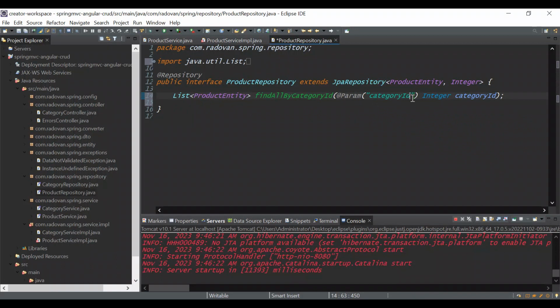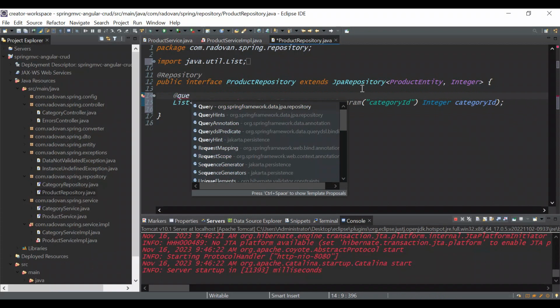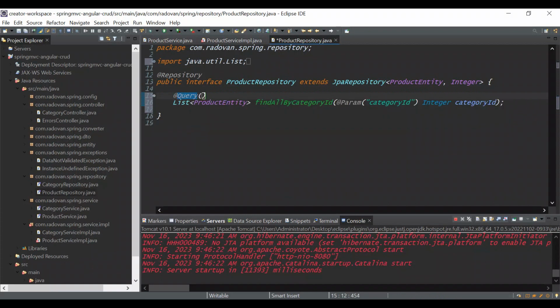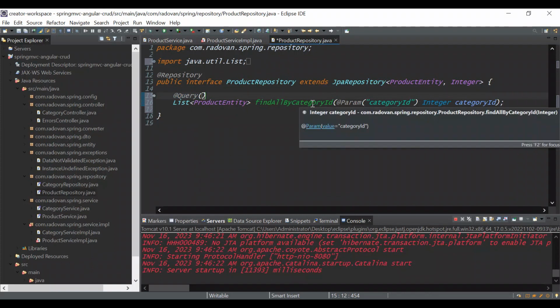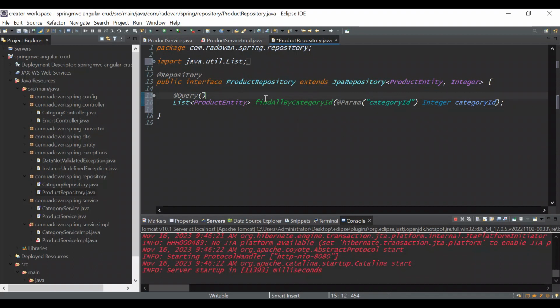And also this function requires an SQL query. We need a query annotation. We want to retrieve all the products from the database with a specific category ID. Let's create a native query. The value will be select. We'll just type a native SQL query for this. Select star from products where